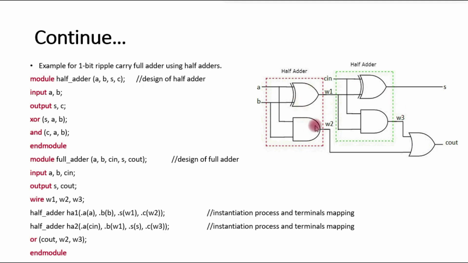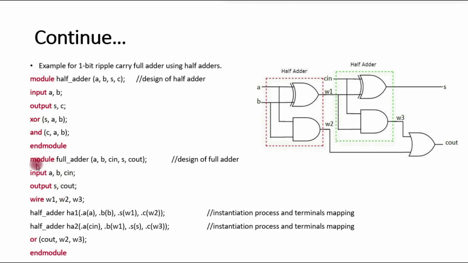So in this case, first we have to write the Verilog program for the half adder, then we call this half adder in our full adder circuit design, and this calling process is called instantiation. So first we are writing a Verilog program for the half adder. Module keyword, module name half underscore adder. Inputs are A and B, outputs are S and C. S for sum, C for carry. So in a half adder there are two inputs and two outputs, and two logic gates are applicable here. XOR used for sum and AND gate used for carry out, and end module.